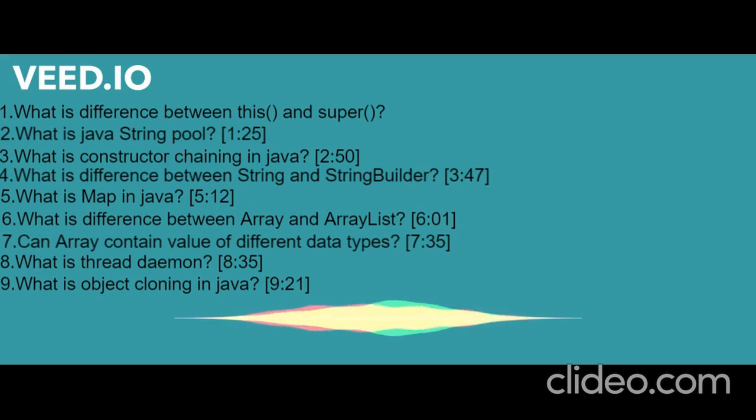Now if I want to assign some value to this ID, I can use the parameterized constructor and put the value, this dot ID equal to ID, where ID is coming from the parameter. So this is a use of this, right? But if I want to use some super class constructors in that, I will use the super keyword there. So that's the difference.